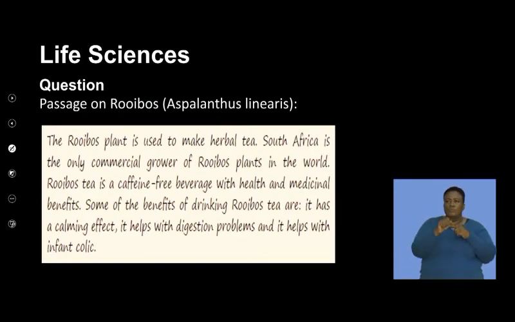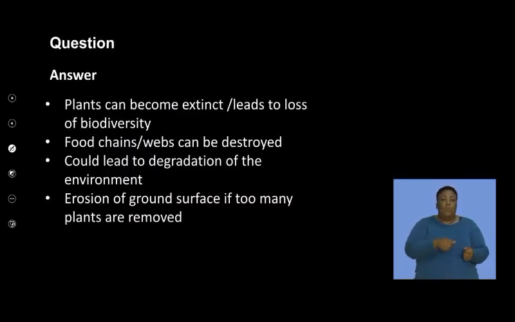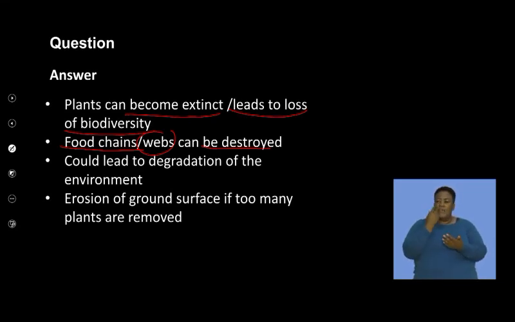So the rooibos plant, as we discussed, you'll find that these plants can become extinct, firstly because we overexploit them. It could lead to the loss of the biodiversity of that environment. Remember that each plant or organism plays a specific role in its food chain, in turn affecting food webs, which can be destroyed when a single organism is removed. It could lead to the degradation of the environment because this plant could have a specific role in its environment. Removal of these plants because of exploitation could also mean that there's nothing to hold the soil, and so we find that there's erosion on the surface, and if too many of these plants are removed, we could